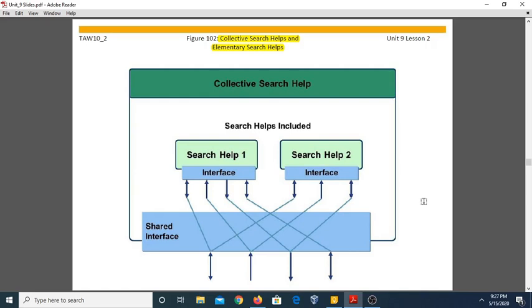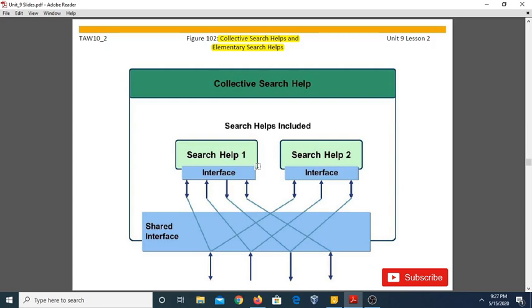So we need the concept of collective search helps and elementary search helps. A collective search help can be attached to fields, tables and data elements through an interface of import and export parameters. In the last video, I also discussed the two types of parameters which are used for making search helps.